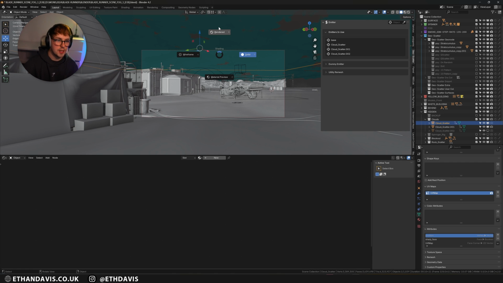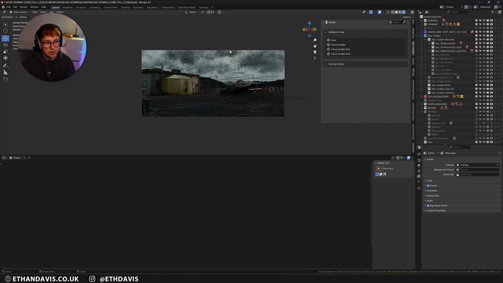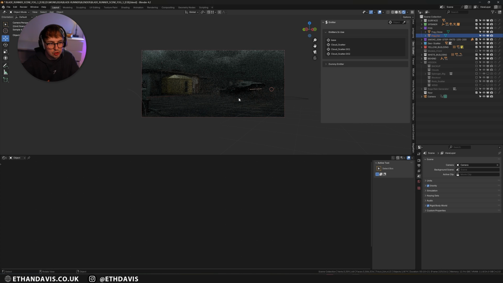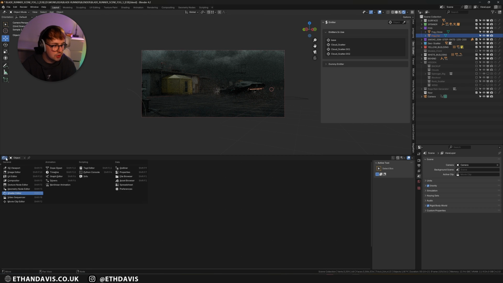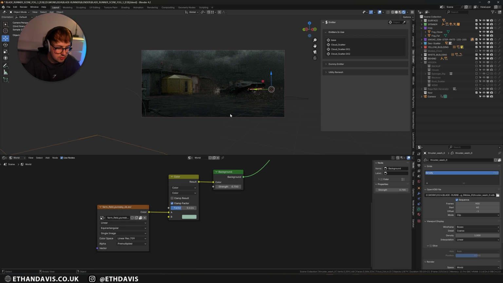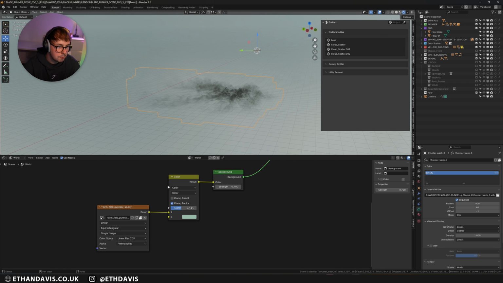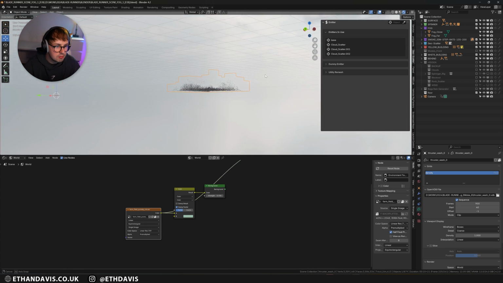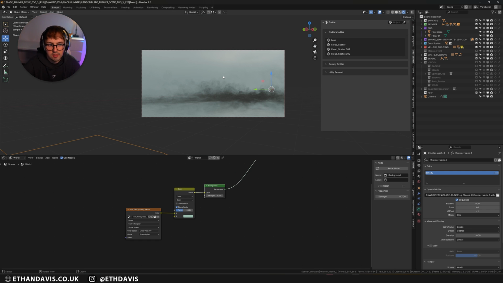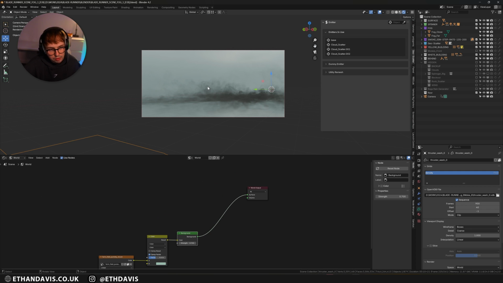And then if I go into rendered view, and I'll just hide my hidden objects again, you can see they do look pretty bad. But once I add my fog in, the whole scene comes together and looks really badass. Now, if people are wondering what I'm doing to light the world, if I just grab this plane or grab the smoke, it's literally this HDRI that I'm using, and I've plugged that into a mix just to add a little bit of green into it, and then it becomes my background. So it's not complex at all.